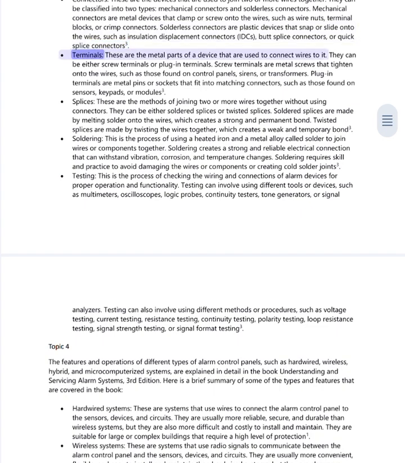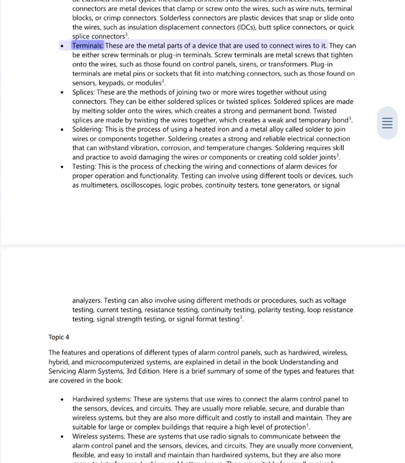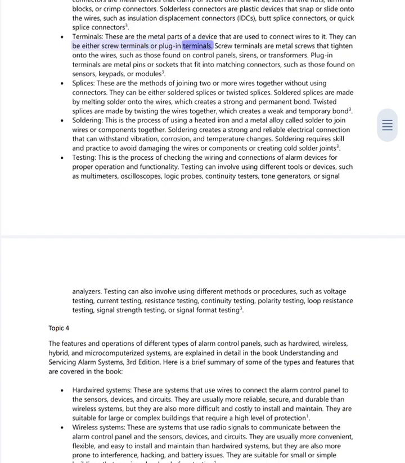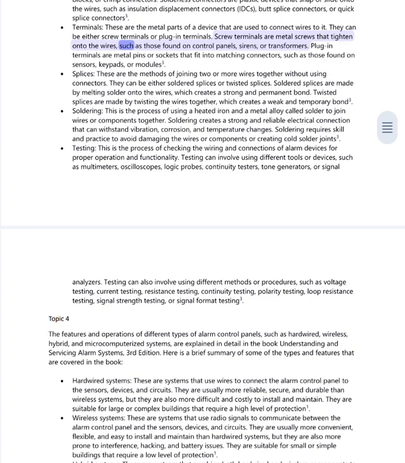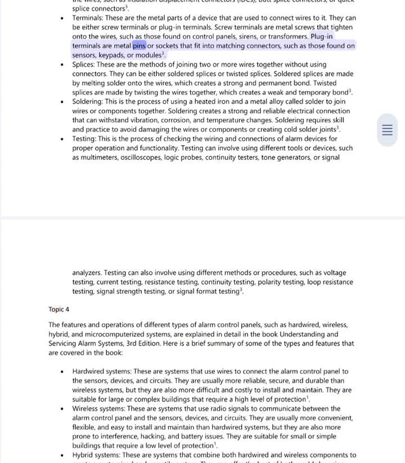Terminals. These are the metal parts of a device that are used to connect wires to it. They can be either screw terminals or plug-in terminals. Screw terminals are metal screws that tighten onto the wires, such as those found on control panels, sirens, or transformers. Plug-in terminals are metal pins or sockets that fit into matching connectors, such as those found on sensors, keypads, or